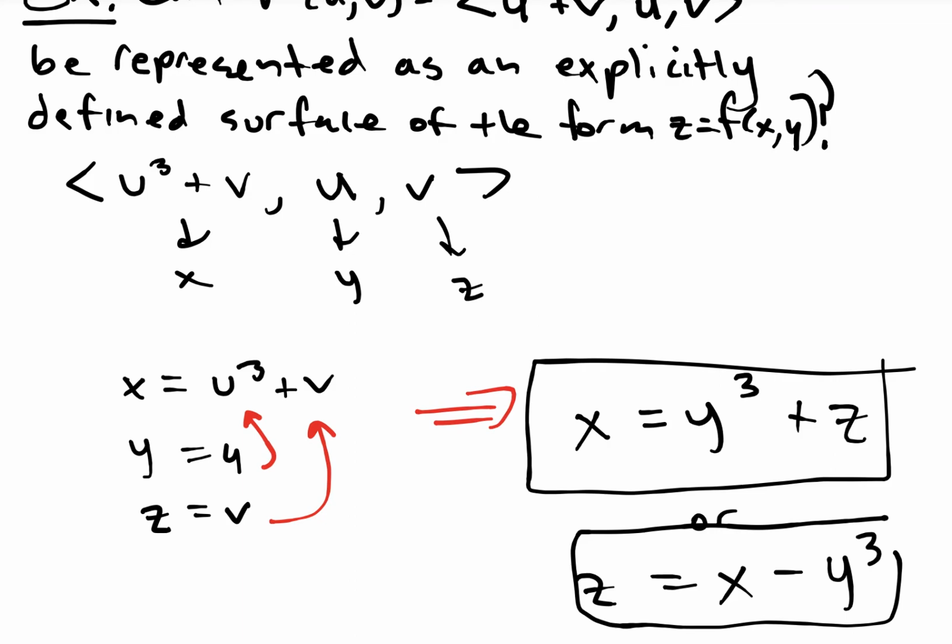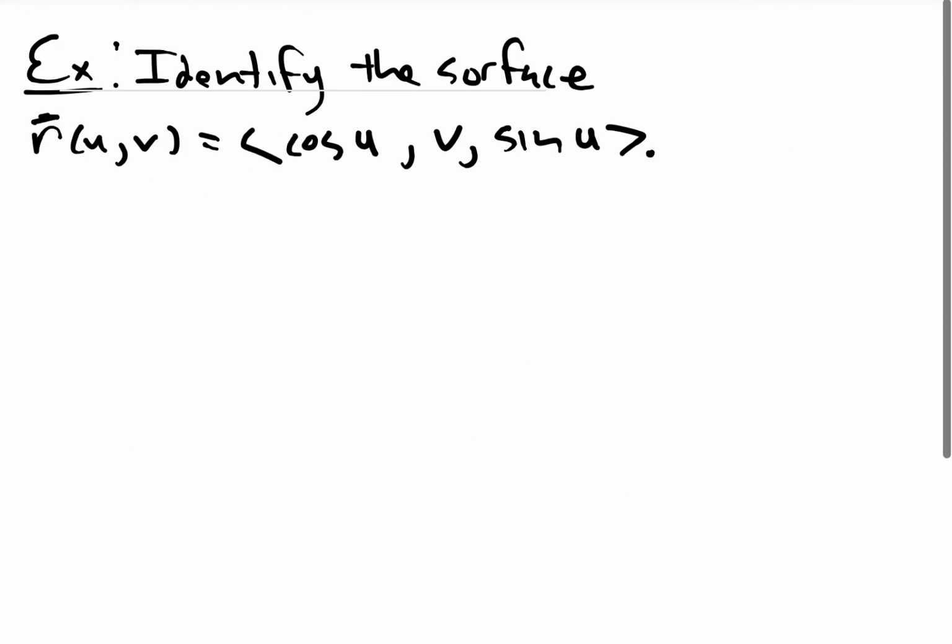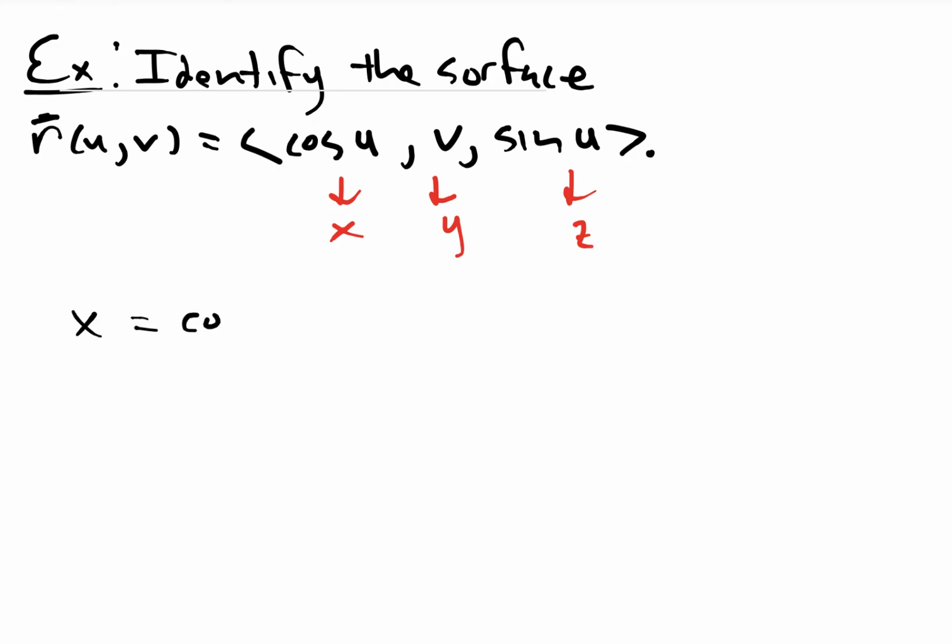Now, the reason that I bring in identities, I'll give you one more example of these where we try to find the surface from the parameterization. Let's see if we can find this one. Again, I'm trying to draw this parallel here of my x, my y, and my z. Now, if I just write these out, x equals cosine u, y equals v, z equals sine u,